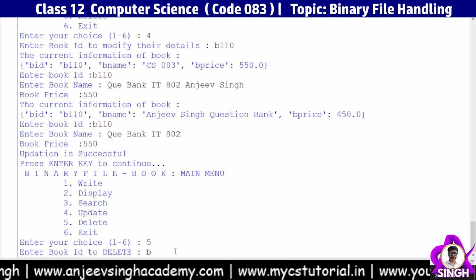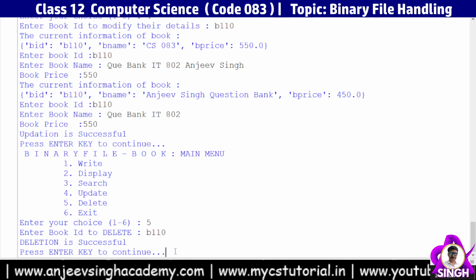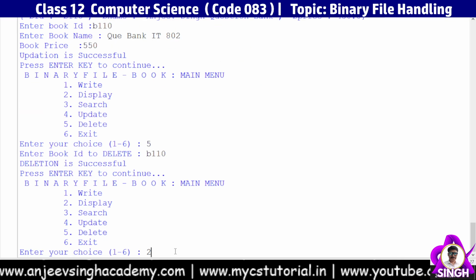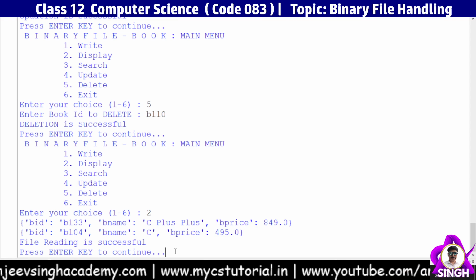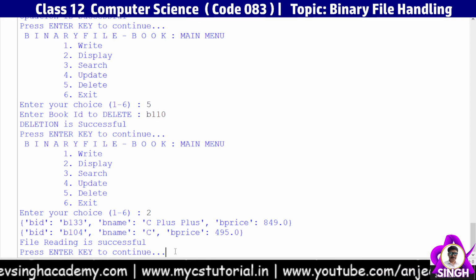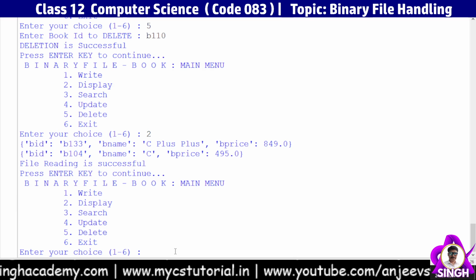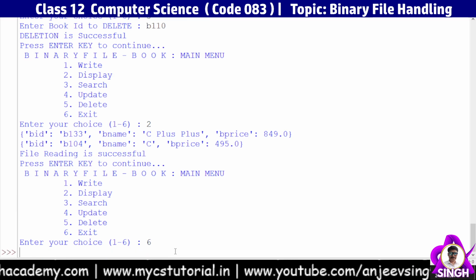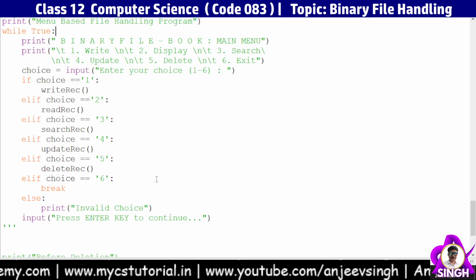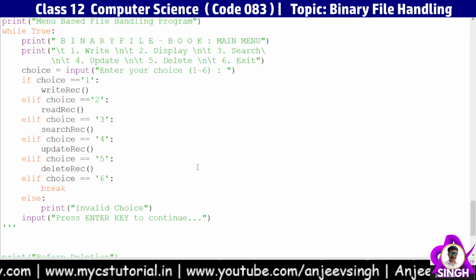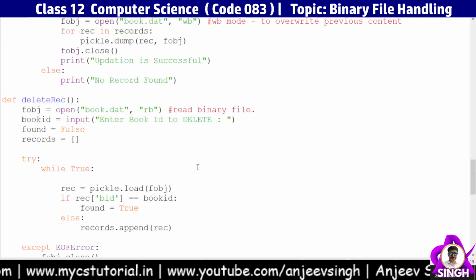Now I want to delete the same record, okay, deletion is successful. Now I want to check whether deletion is done or not, yes, it is deleted, 2 records are deleted, okay. And next press enter and 6 exit, okay. So this way you can make the complete binary file. And here in update record, I have to check what is the problem with the update,